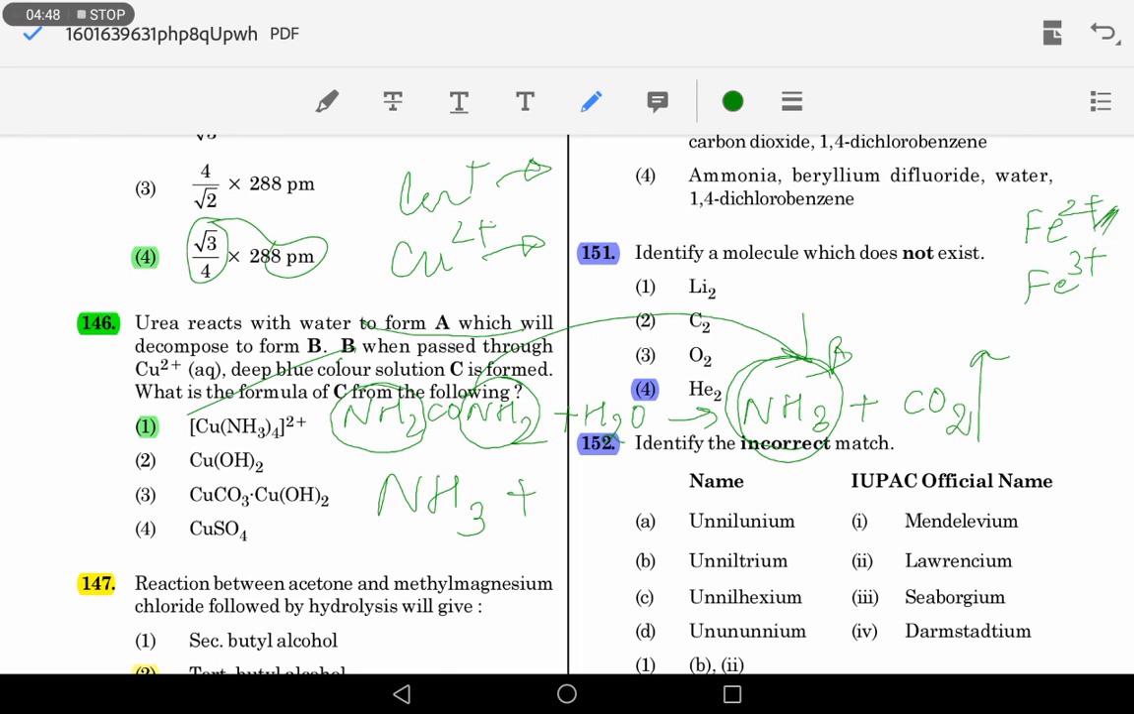The lower oxidation state must end with OUS and the higher oxidation state must end with IC. So when ammonia reacts with Cu2 plus, it forms a complex. Deep blue color solution is formed. It's a complex Cu(NH3)